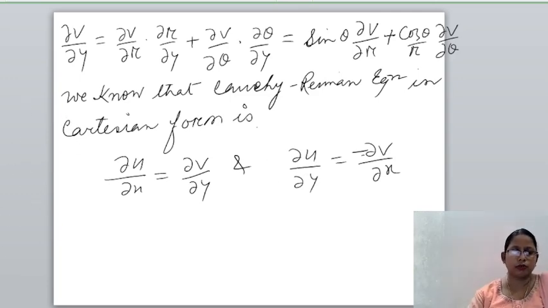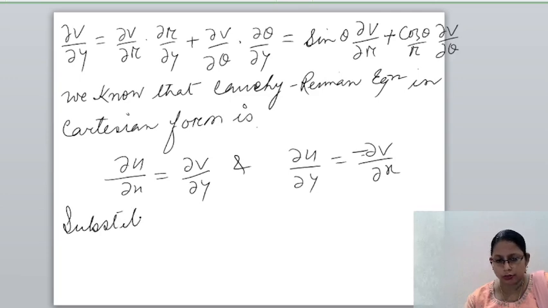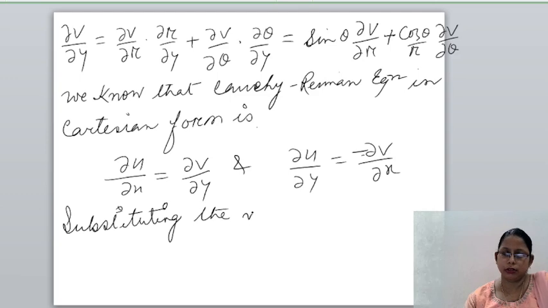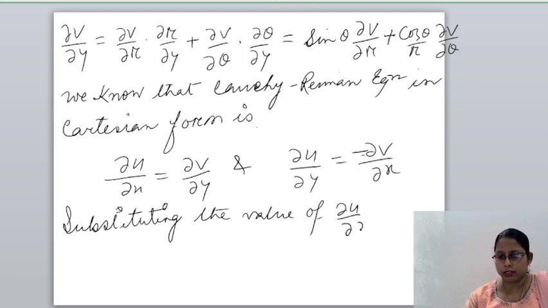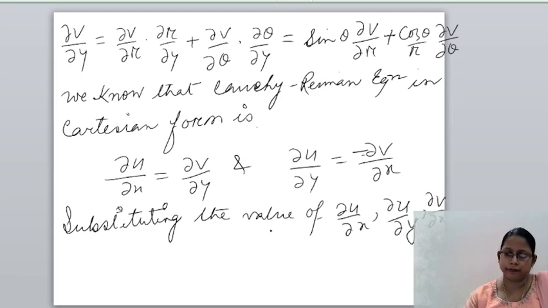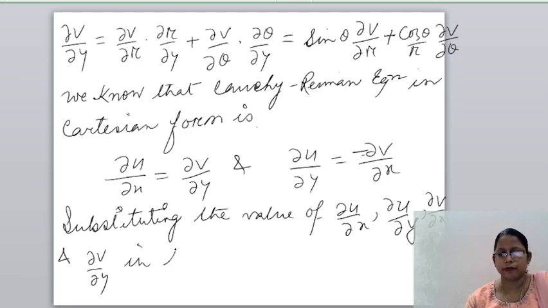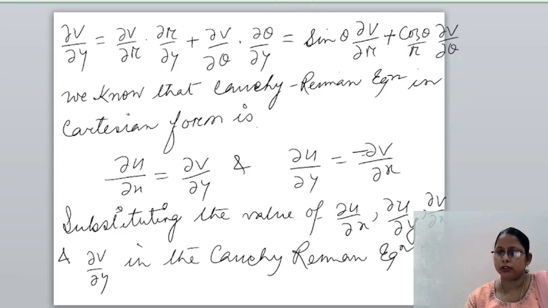Next, substituting the values of the partial derivatives del u del x, del u del y, del v del x, and del v del y in the Cauchy-Riemann equation, we get